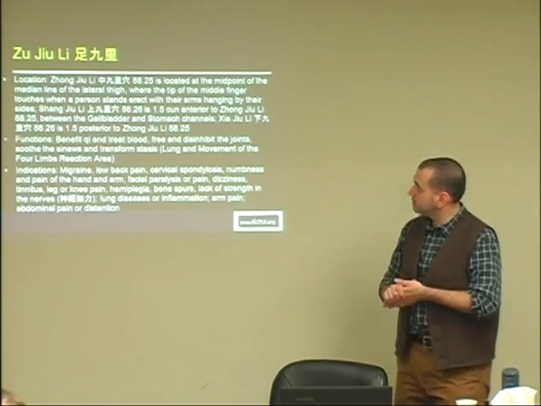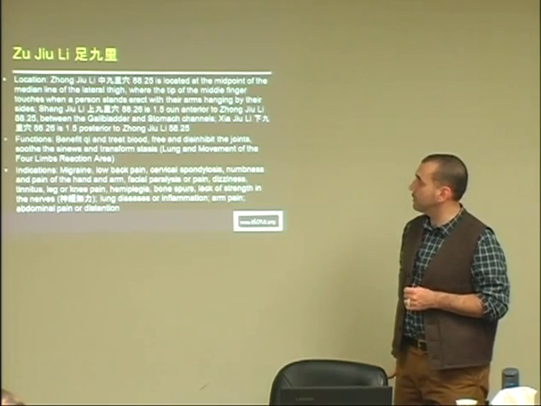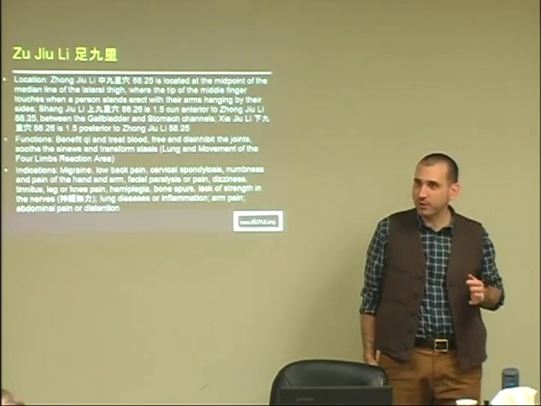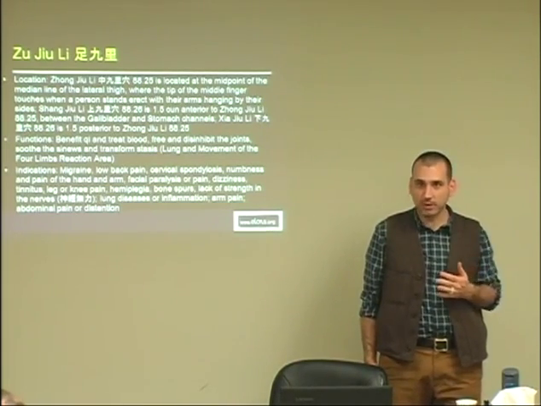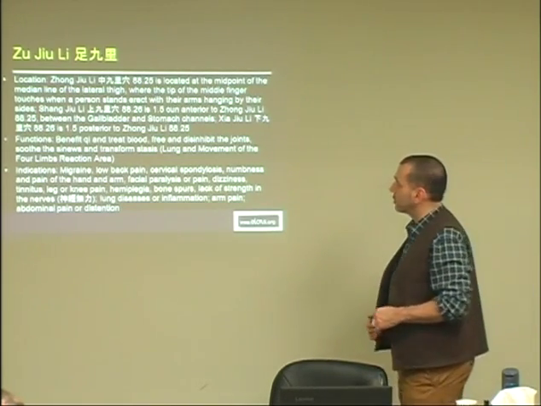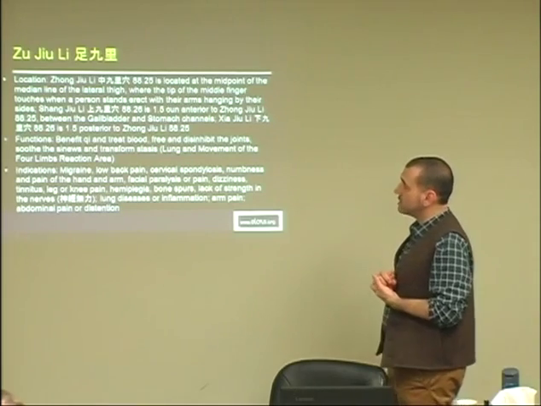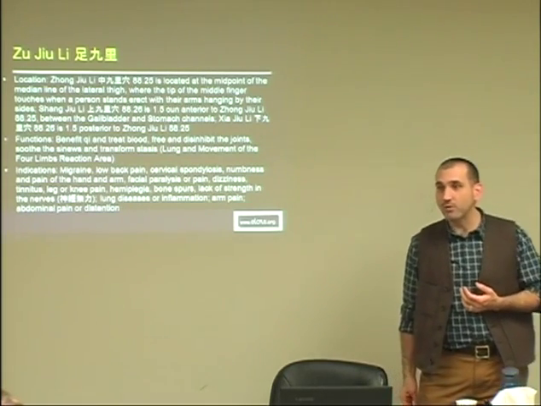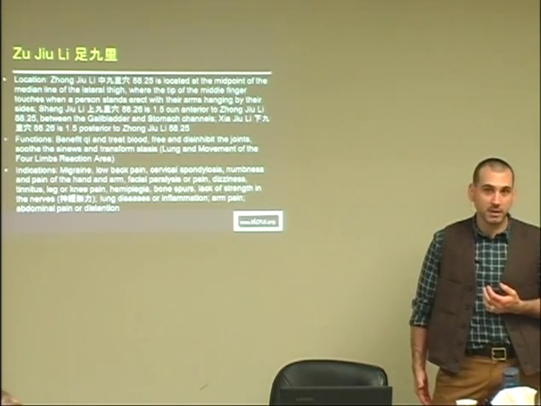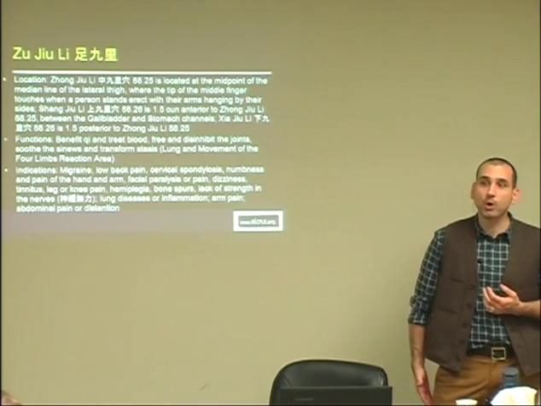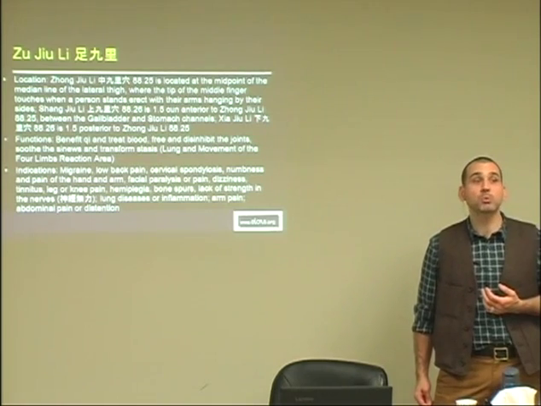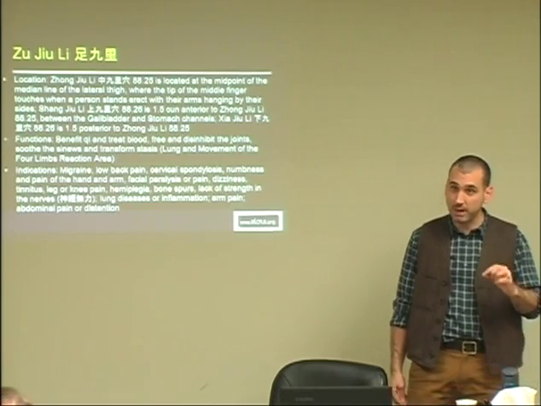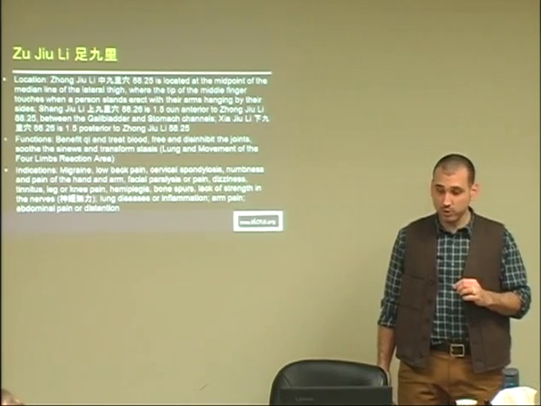The middle 9 miles is located where the tip of the middle finger touches when a person stands erect, which is the same as gallbladder 31, Fengshi, Wind City. So this is an overlapping point with gallbladder 31, and I'm going to suggest that you can palpate that area for sensitivity. I find that area often becomes quite sensitive when it becomes a reactive point. So you can palpate up or down right over the bone. My experience is also that we will frequently see small clusters of spider nevi, especially in more chronic cases. So for the more chronic migraines, this is one of the points we want to choose.